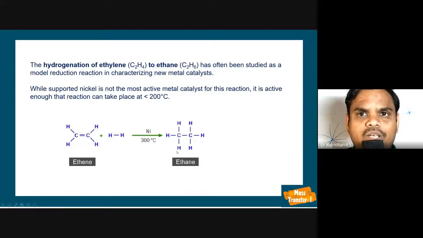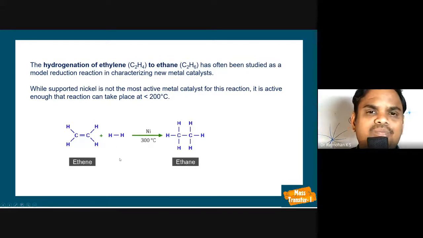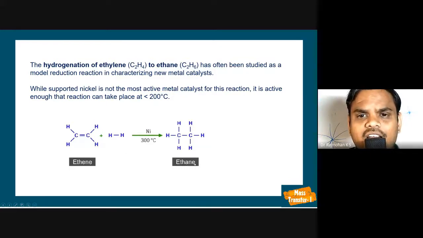So C2H4 becomes C2H6. The hydrogen is effectively absorbed into the pores of the catalyst, and by surface diffusion it moves from one active site to another, and then the reactant also enters. That reactant and hydrogen react to form ethane, which diffuses in the opposite direction. So we have the gas reactant hydrogen entering, and ethane traveling in the opposite direction. The flux of A and flux of B are in counter direction.